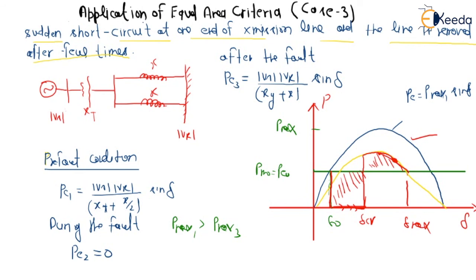So now I'm writing the formula. Delta naught to delta CR, this is the whole area, because the PE value has been written as 0, so the integral of Pm minus 0 d delta is equal to delta CR to delta max, the integral of Pmax3 sine delta minus Pm d delta. So this is how we can calculate